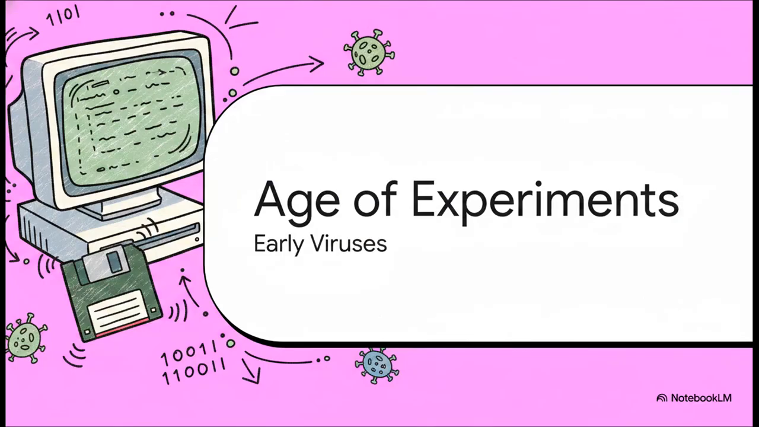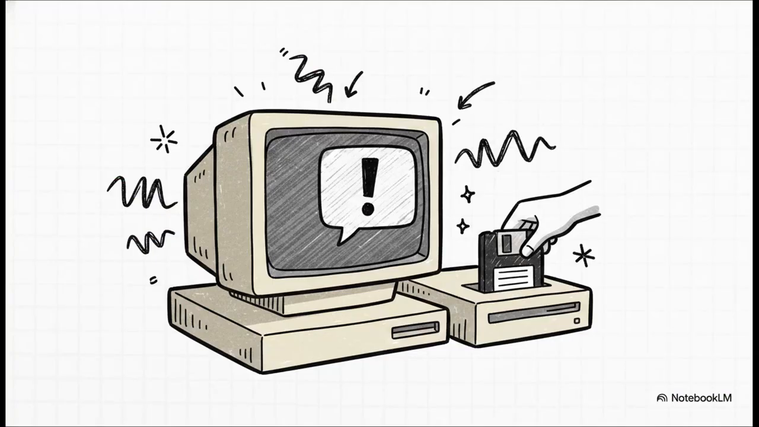Chapter 1: The Age of Experiments. I want you to picture those old, bulky computer monitors, screens filled with glowing green text and that super distinct clicking sound of a floppy disk sliding into a drive. Because during this first wave in the 80s and 90s, the threats were remarkably basic. They literally spread manually. You had to physically hand a floppy disk to someone, or later on, send a very